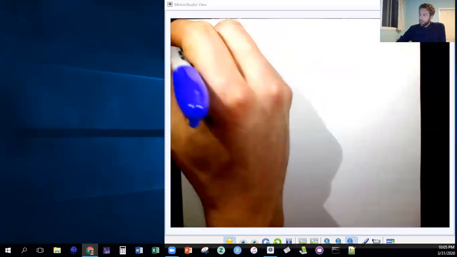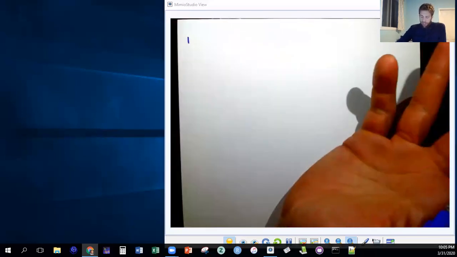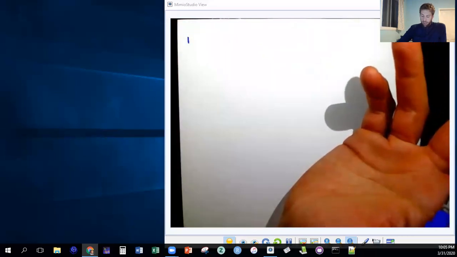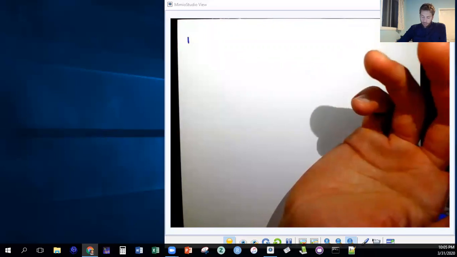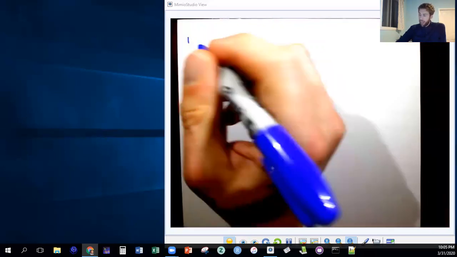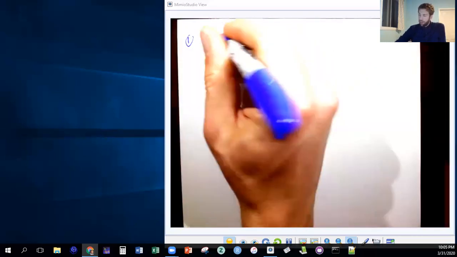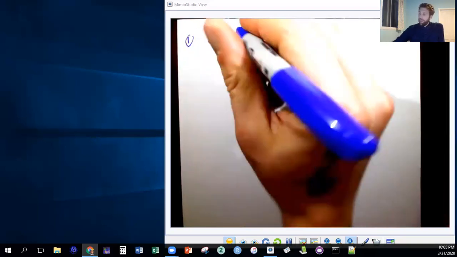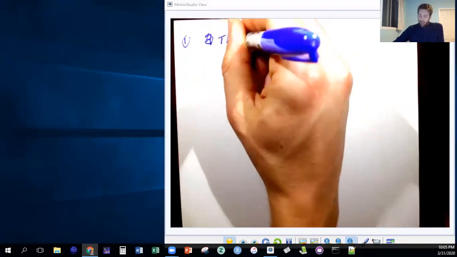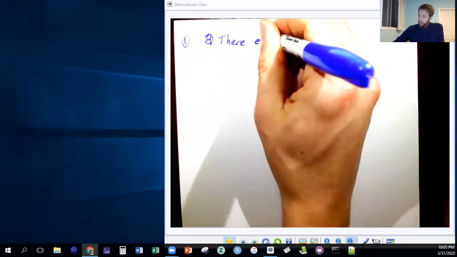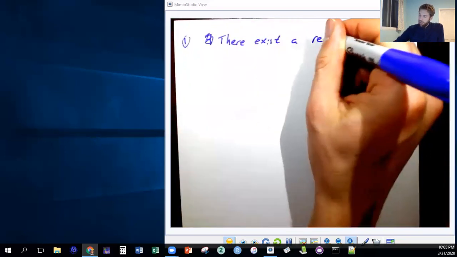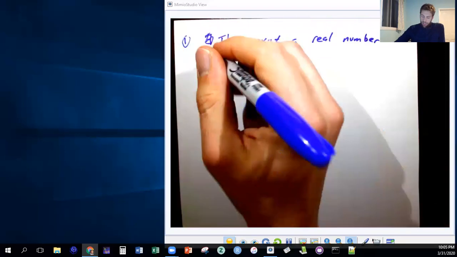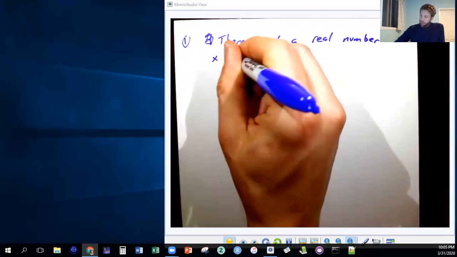So for instance here, number one: for each real number x, if x is irrational, then the cube root of x is irrational. So we're going to negate this. To negate it, for each means that it's a for all. So I'm going to write it in English. We'll say there exists a real number x such that,